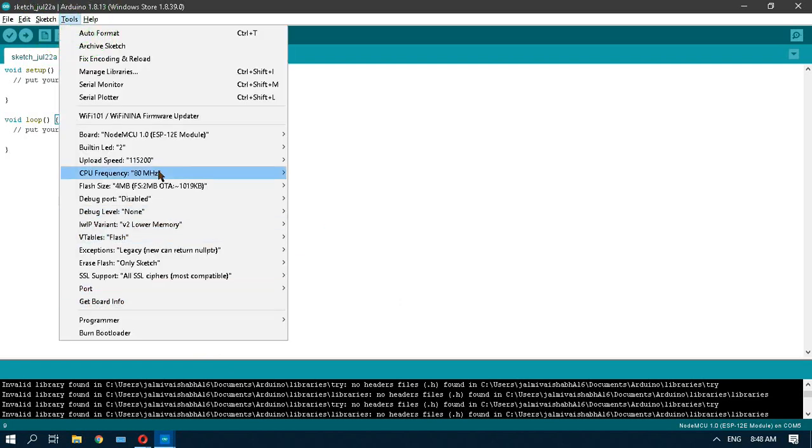So guys, you can see everything is coming here now. NodeMCU, about NodeMCU. So LED, baud rate, everything, CPU frequency. So you can see the board is